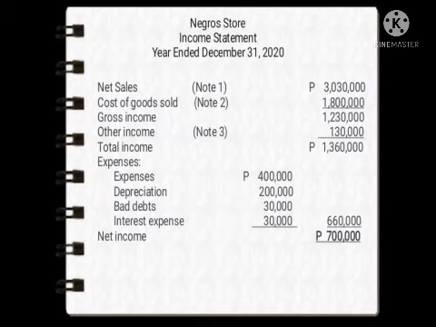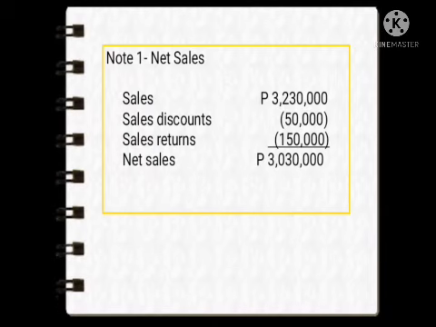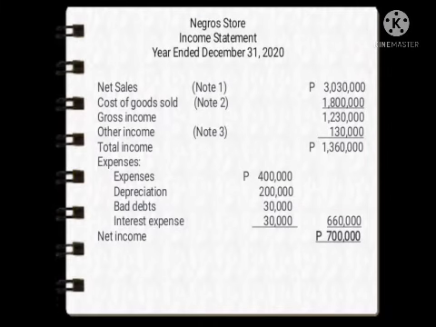3,030,000, which is obtained from Note 1, which is this total sales, which is 3,230,000, which is computed earlier, less the sales discounts 50,000 and the sales returns 150,000. 3,230,000 less 50,000 less 150,000 is equal to the total net sales of 3,030,000 pesos. Next is the cost of goods sold, which is